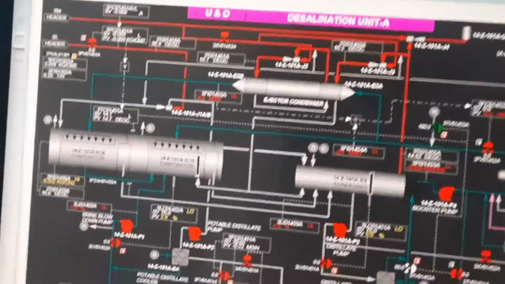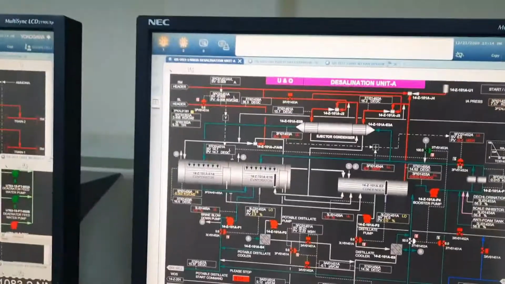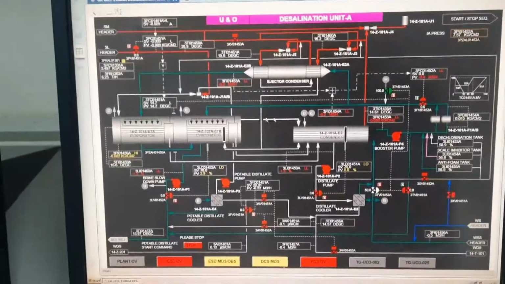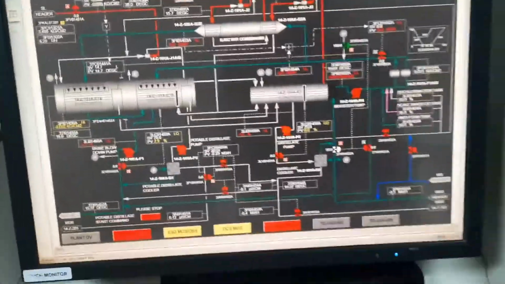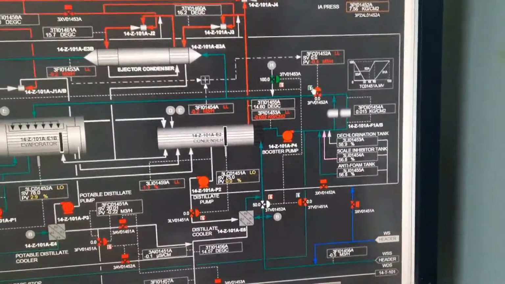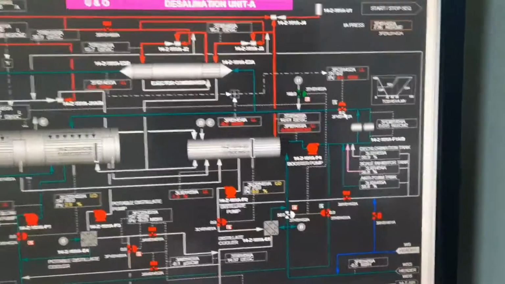Because if the spraying nozzle has any blockage or any problem, at that time we need to remove it and after that reinstall it. Okay, we can check by this spraying water. So how will we check? This side is the seawater spray control valve. Okay, seawater spray control valve. We will open this control valve up to 20%.